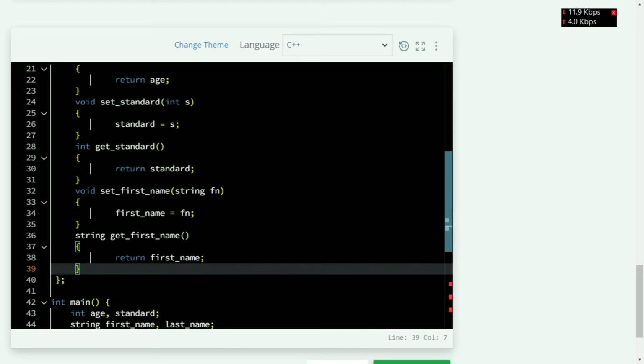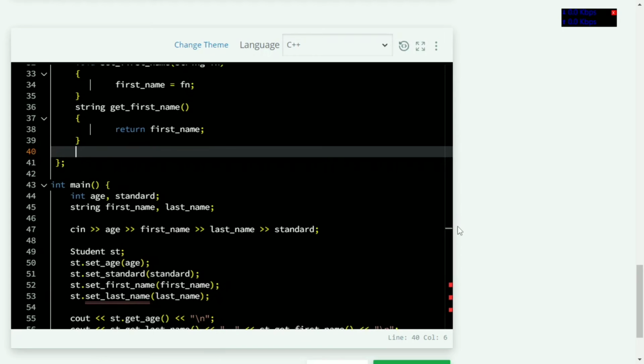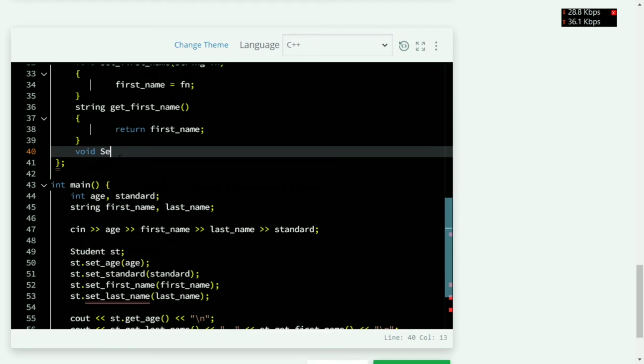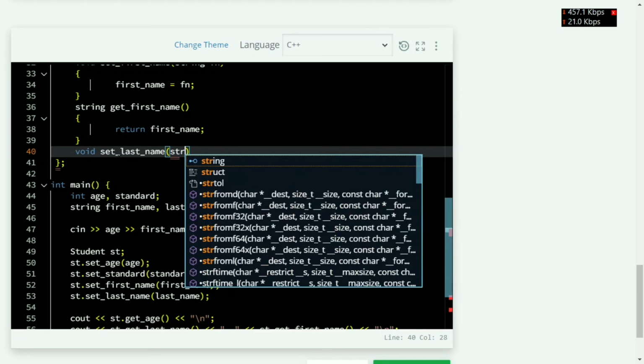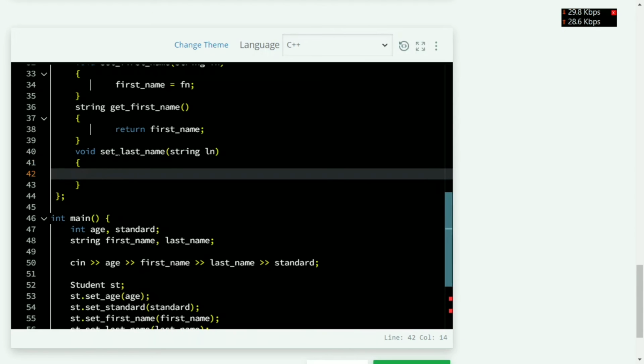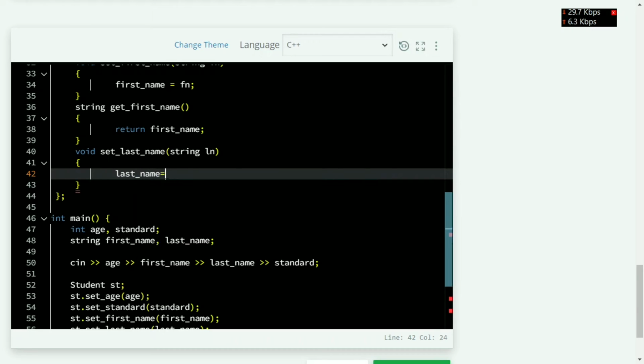Then next we have to go with the last name. It is void set last name, and here the type is string, so I am using string ln for last name. Here I will assign the value of ln to last name, so last name equal to ln.